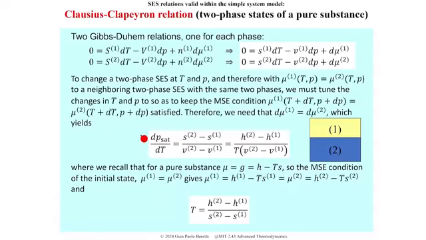This is called the Clausius-Clapeyron relation, and it gives the slope of the saturation line on that pressure-temperature diagram that we have shown before,